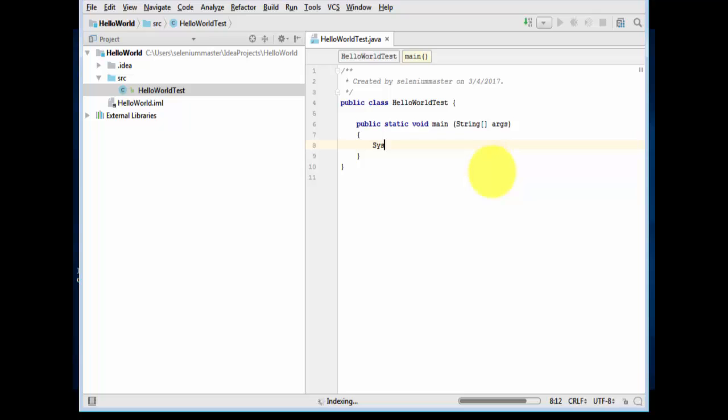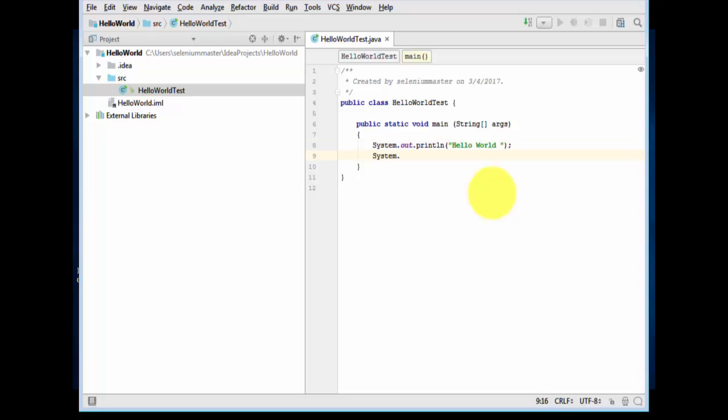Then system, then out, println, print line. This is to print hello world, and another line